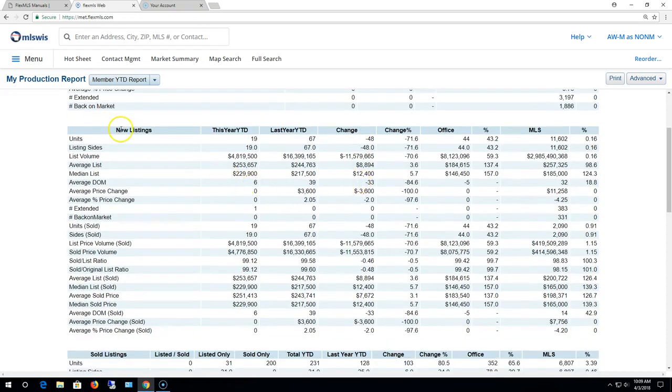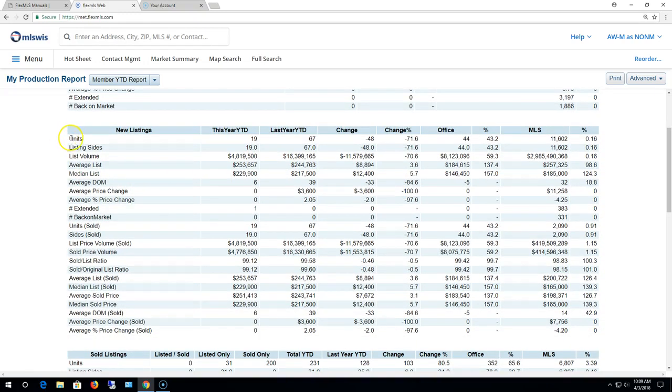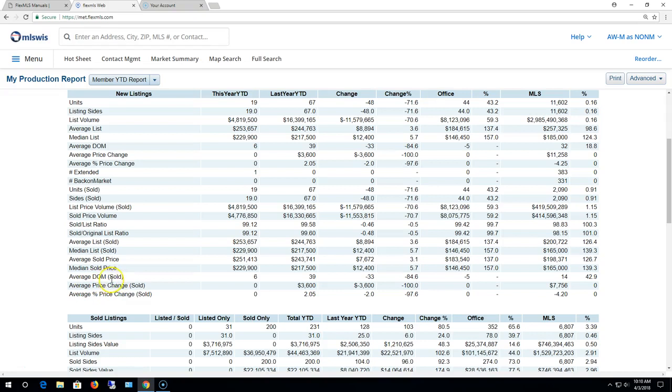Moving on down, the next chart is for new listings using the same data plus some more. So in addition to that same data, you get units, listing side, the list volume, the average list price, the median list price, the average days on market, average price change, and that price change converted to percentage, the number of extended listings, the number of back on market listings, the number of units sold, the number of sides sold, the list price volume based on sold, the sold price volume, the sold to list ratio, the sold to original list price ratio, the average list based on sold, the median list of the sold, the average sold price, median sold price, average days on market for the sold, average price change for the sold,